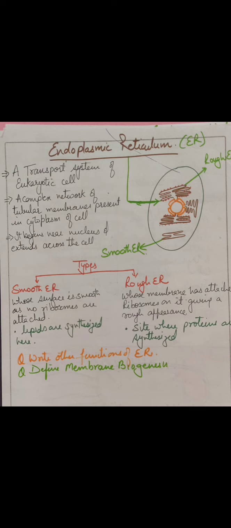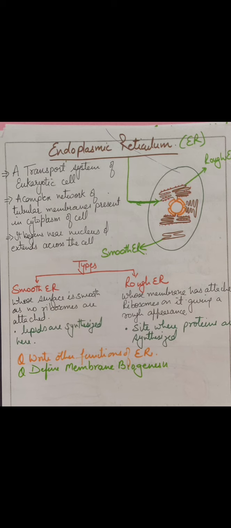In some endoplasmic reticulum, it is not necessary that the ribosomes get attached, or those ribosomes free themselves from these tubes. Such endoplasmic reticulum, on whose surface no ribosome is attached, is generally found within the cytoplasm. It is called smooth endoplasmic reticulum. The function of the smooth endoplasmic reticulum is that it is a place where the lipids or fats are synthesized. So endoplasmic reticulum is of two types: one is SER, the smooth endoplasmic reticulum, and one is RER, the rough endoplasmic reticulum. So proteins are made on rough endoplasmic reticulum, lipids are made on smooth endoplasmic reticulum.